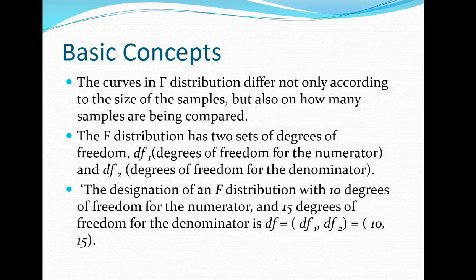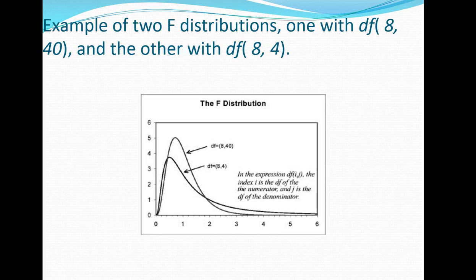The designation of an F distribution with 10 degrees of freedom for the numerator and 15 degrees of freedom for the denominator is expressed as df = (df1, df2), and that would be a df of (10, 15). So an example of two F distributions, one with degrees of freedom 8 and 40,